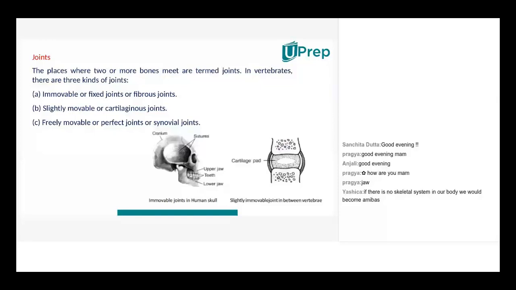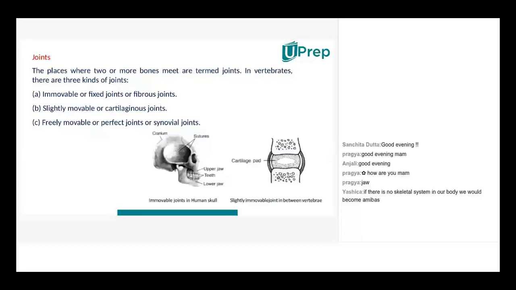Fawaz, can you please? Ma'am, can I just say something? Yes, please do. Ma'am, last time you had told us that our homework was to find 3 places where all the 3 joints are. Correct, very good. Good that you remember, Vamika. Ma'am, so can I share? Yeah, please do. But before that, can we please have an explanation of the 3 kinds of joints and then you share?